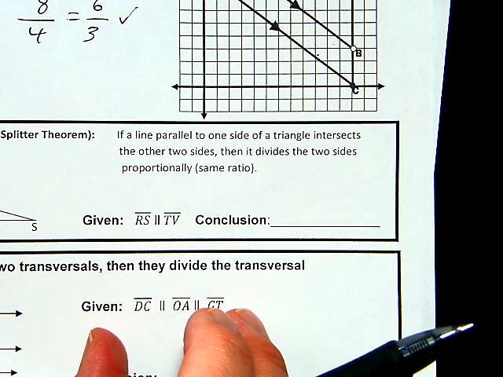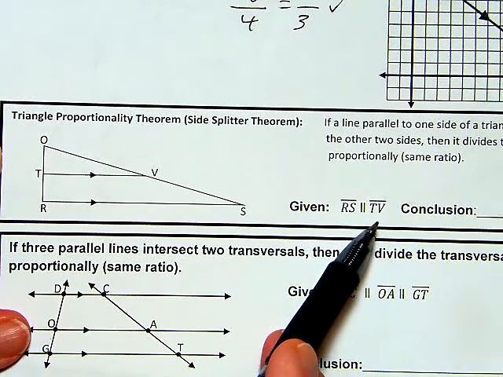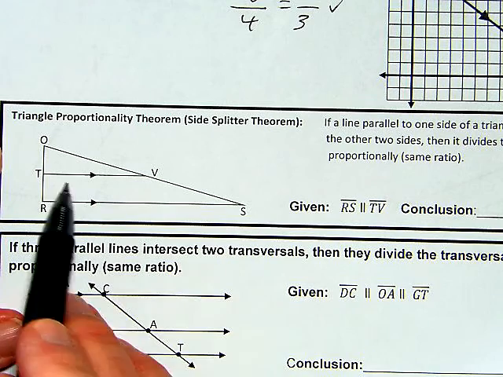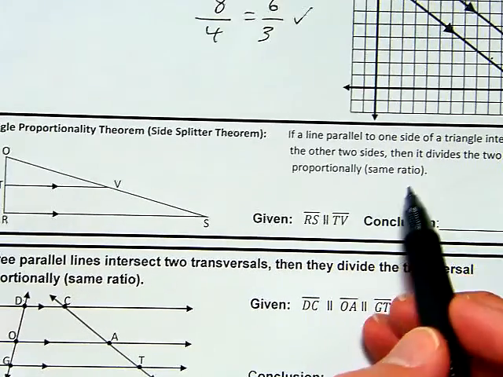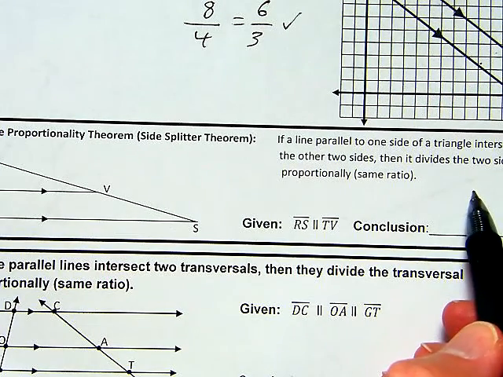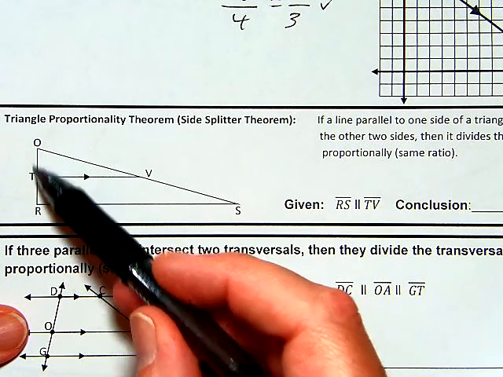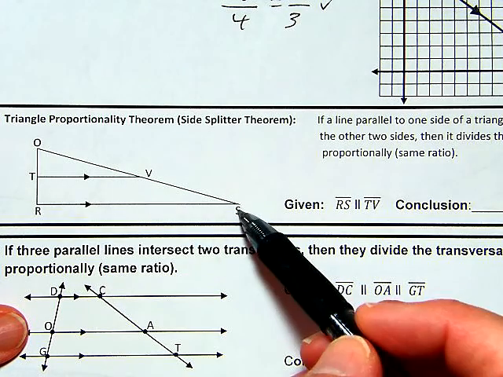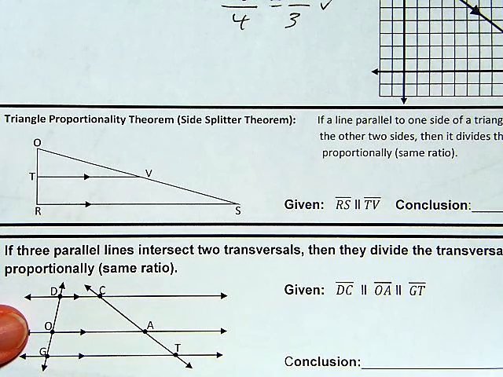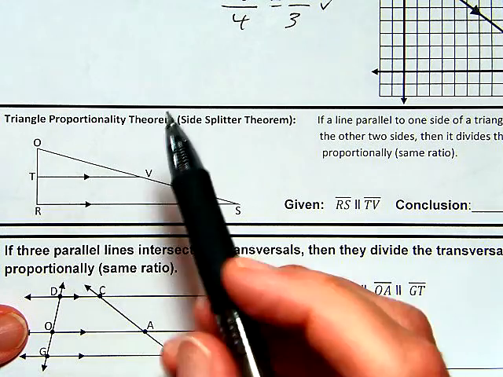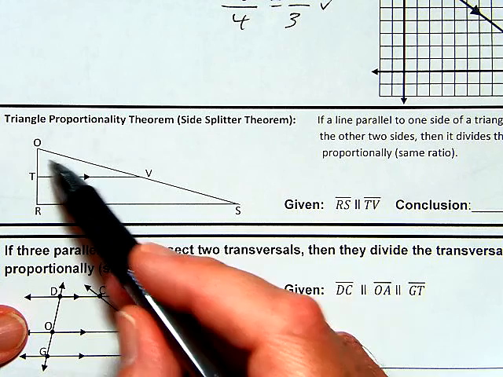So in this case, we're given that RS is parallel to TV, and this has been shown with two arrows. So our conclusion is going to be, well, the other two sides are divided proportionally. So that means, what are the other two sides? OR was one of the other sides, and OS was one of the other sides. These sides are now divided in proportion, which means that this line segment TV has divided OR and has divided